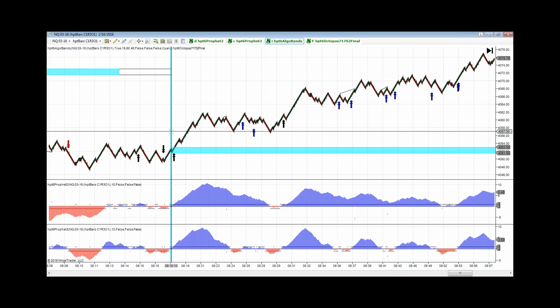As we continued, we had a lot of activity here in NASDAQ today. We had another algo band here. Now at this point in time, we would look back to the left. What was our last entry? It was down, it was short. So if we got a close below the band, we would have short. If we do get another arrow the opposite way, which this was, then once we close above the band,